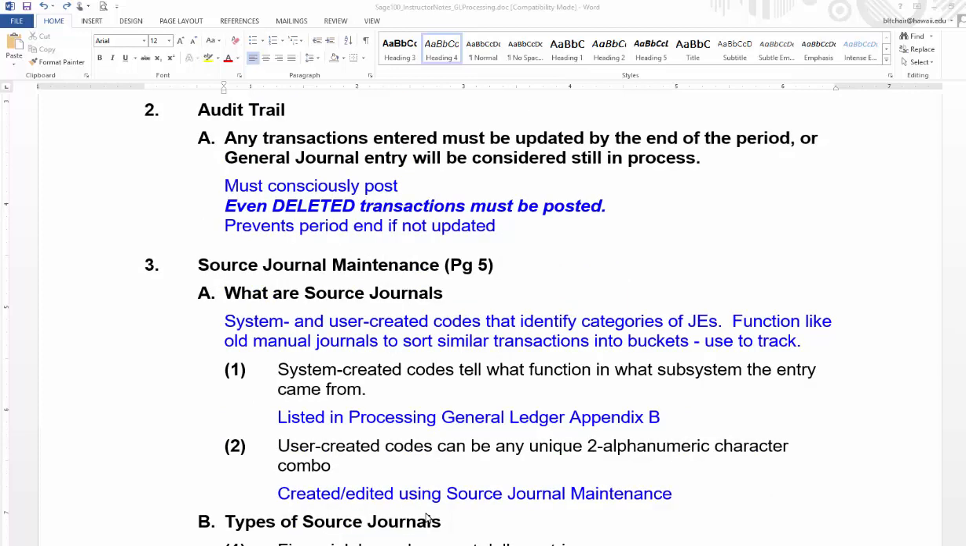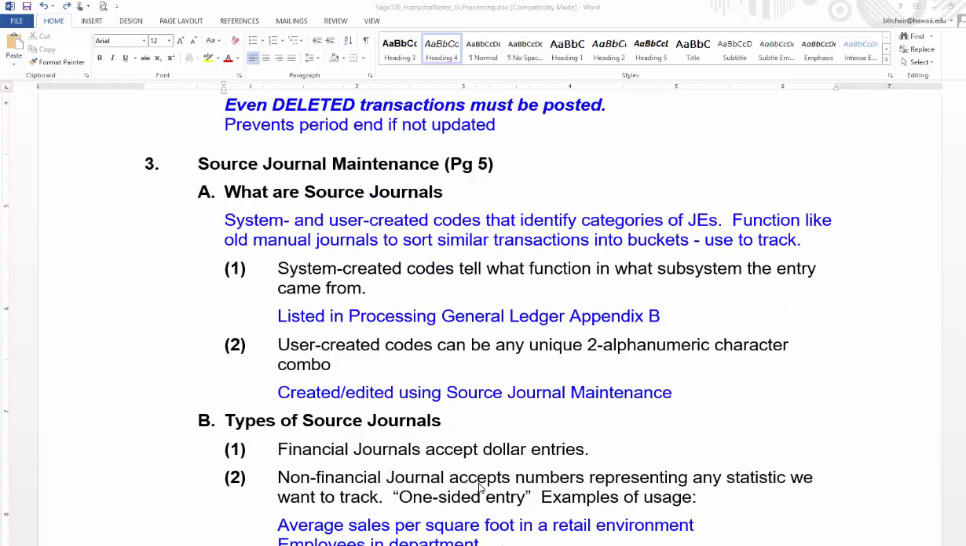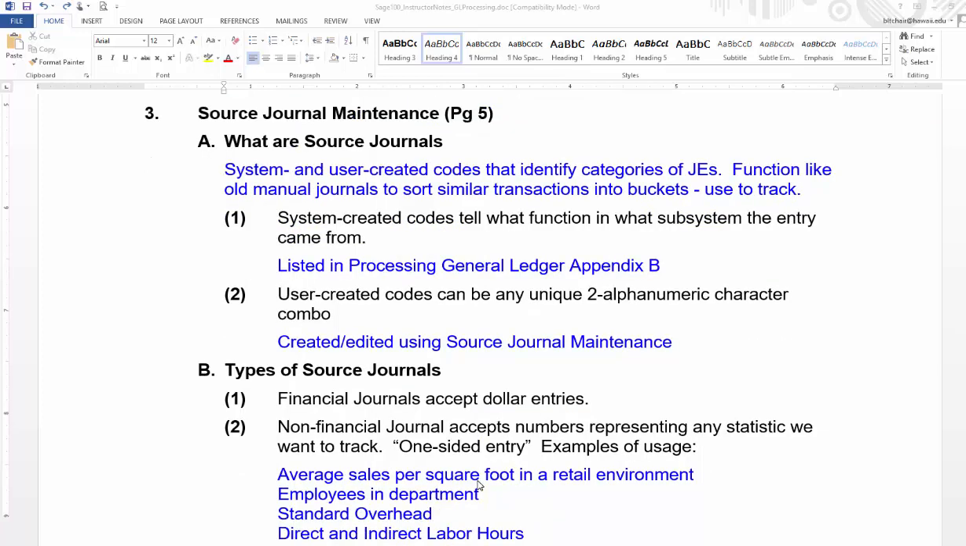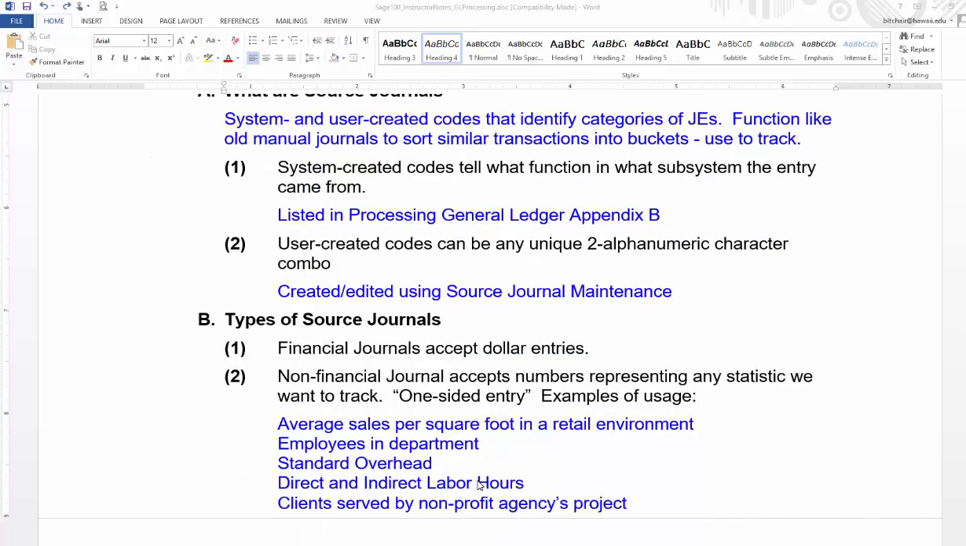The user-created codes that they have you do at the very beginning of the chapter can be any unique 2 alphanumeric character combo, and has to be unique. And you create that or edit it by using source journal maintenance. So types of source journals: we have financial journals, which is what you would sort of expect. We also have non-financial journals that accept numbers that represent any statistic we want to track, kind of like a one-sided entry. So examples of non-financial journals would be sales per square foot in a retail store, or number of